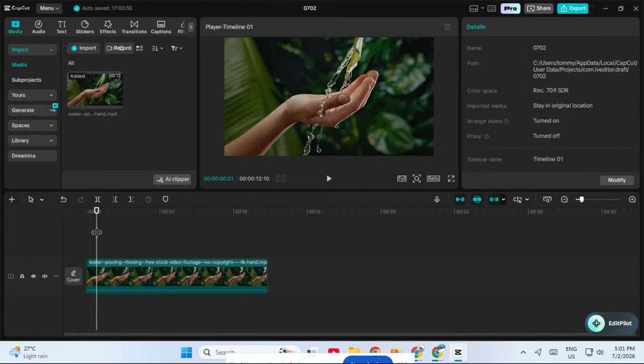In this video, I'm going to show you how to export a transparent video in CapCut, step by step, so you can remove the background from your clip and save it in a format that supports transparency. This is super useful if you want to create overlays, stickers, lower thirds, motion graphics, or any kind of cutout